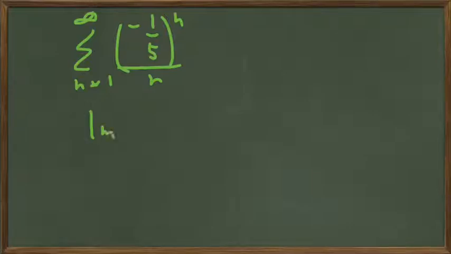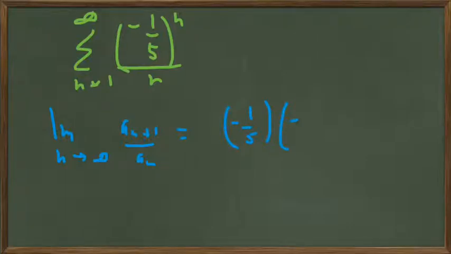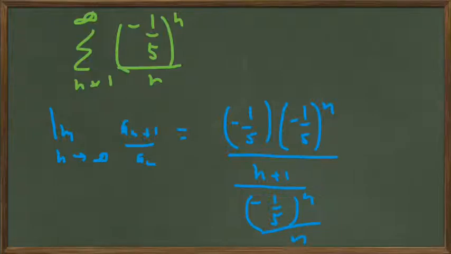If we look at the ratio test for it, limit as n goes to infinity of a sub n plus 1 over a n, we've got minus 1/5 to the n plus 1, which is minus 1/5 times minus 1/5 to the n, divided by n plus 1, and then divided by minus 1/5 to the n divided by n, and we can see that we get this cancellation here,